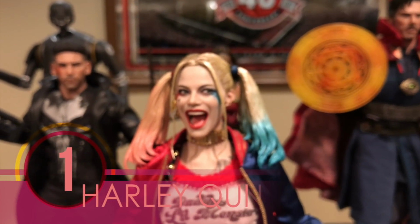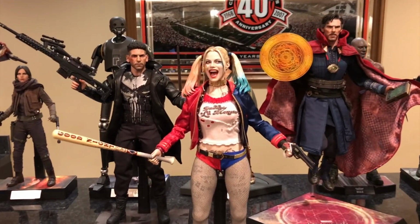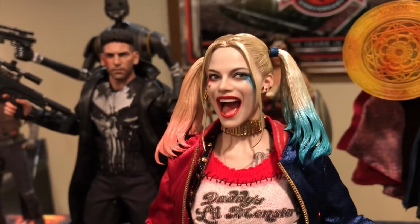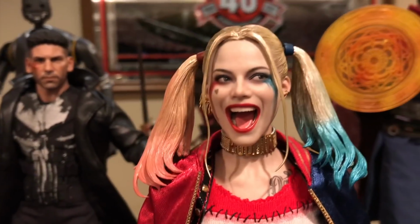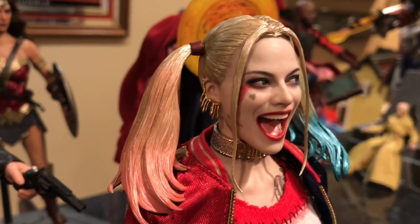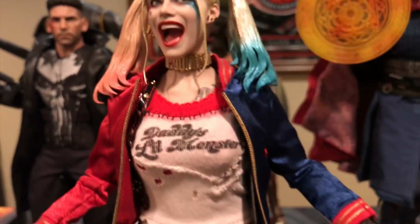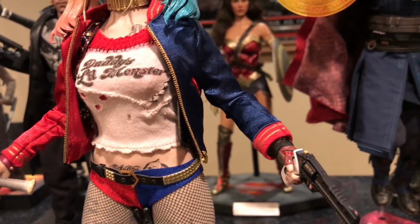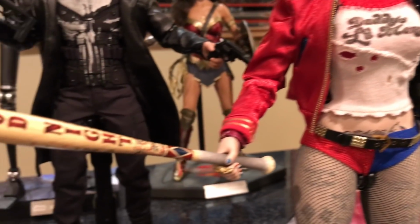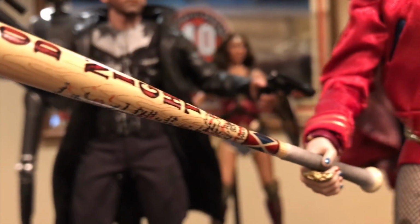Harley Quinn, Suicide Squad, my number 1, my favorite purchase of 2017 for Hot Toys. This figure blows me away. Honestly, look at the face sculpt. The way they did the hair, the paint, the use of soft goods, the ability to display with or without the jacket, the detail in the bat, and the paint on the bat,